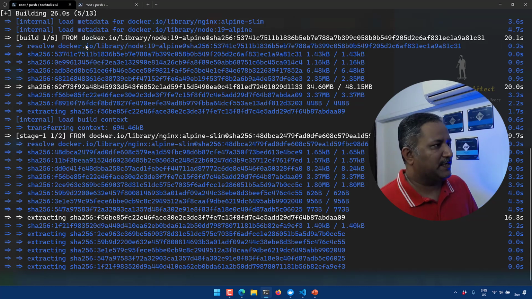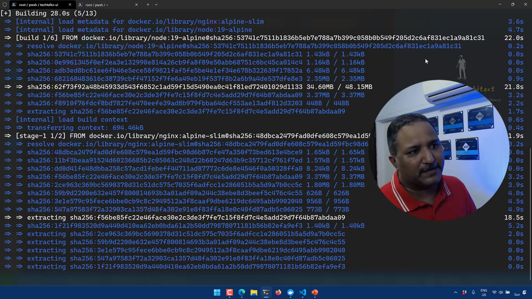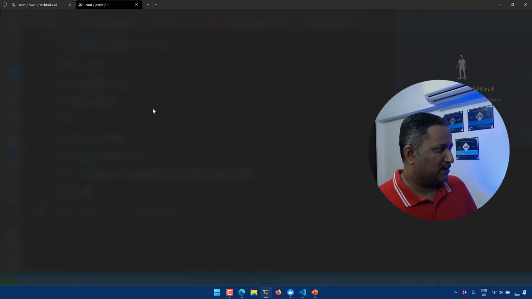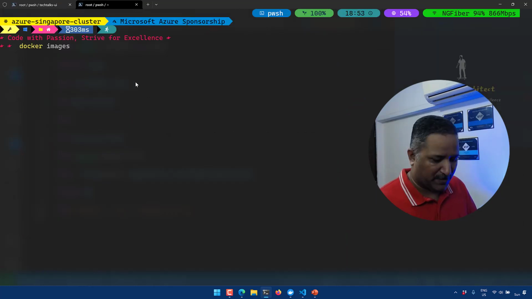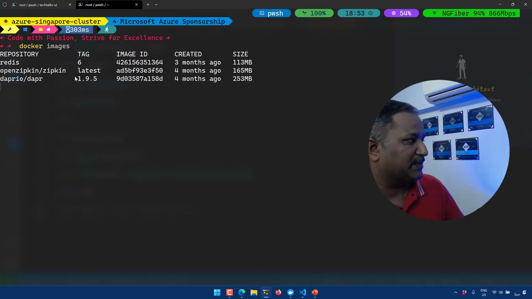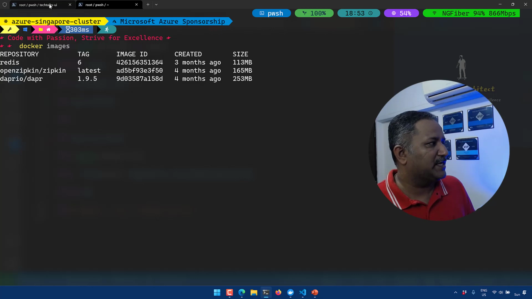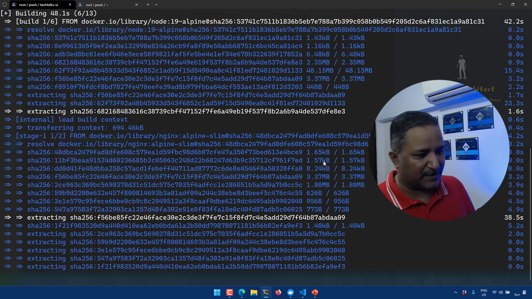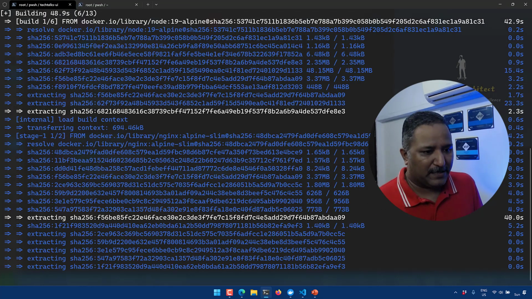So we can see that it is pulling the base layers from the node image, Alpine based node 19 image, and we switch over to the terminal and let's run the docker images command once again to see what are the images. So we still have those 3 initial images that we had,